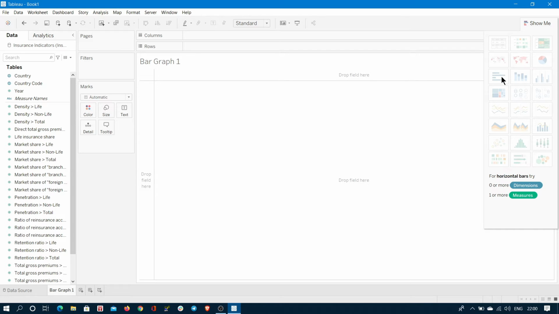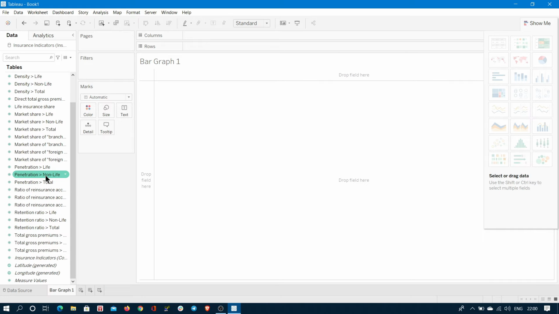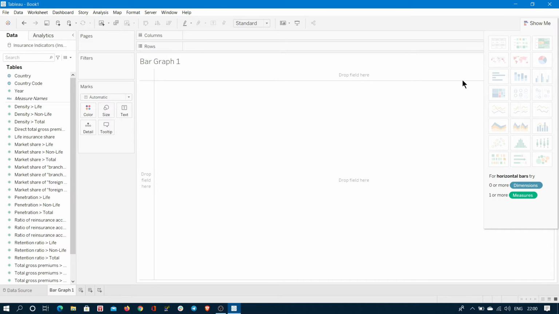For example, I am creating horizontal bars initially. To create horizontal bars, we need to use 0 or more dimensions and 1 or more measures. So let's choose different dimensions and measures. For 0 or more dimensions, we have only 3 dimensions here: country, country code and measure names.